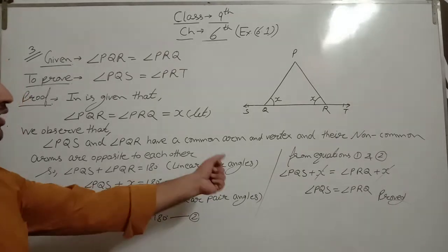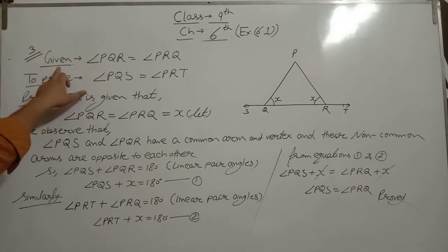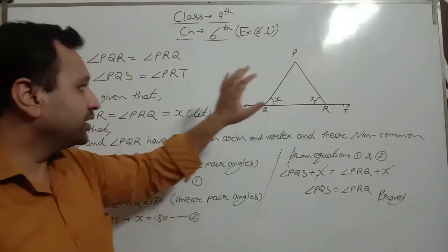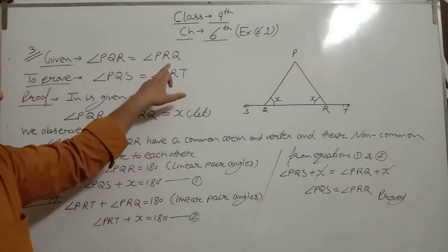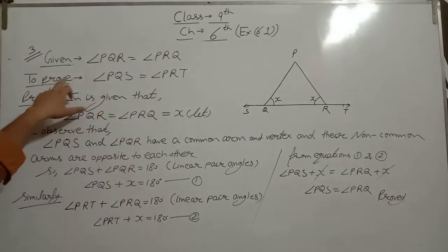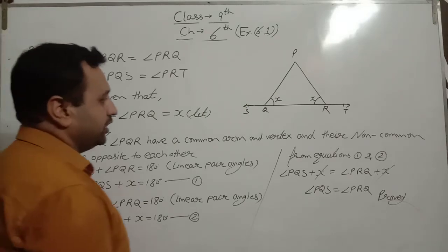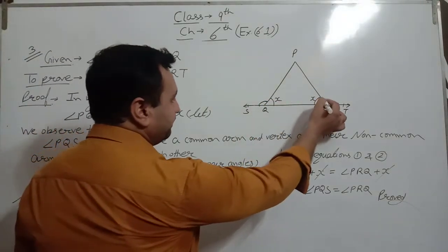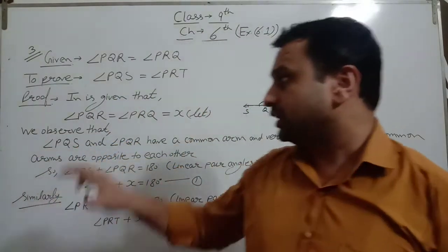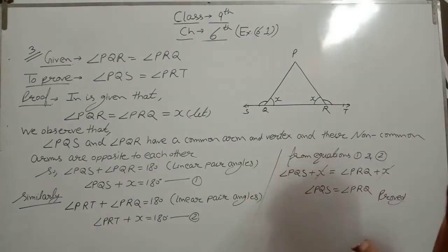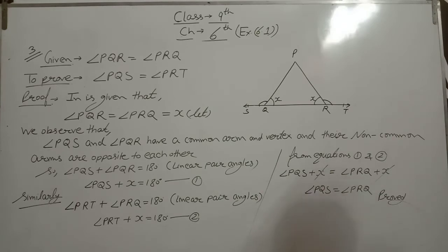Okay students, now start question number 3. In question number 3, the figure is already given and the condition is given: angle PQR is equal to angle PRQ, and we have to prove angle PQS equal to angle PRT. Remember, to note the given, recheck your working also, because naming of the angles may be wrong. Proof: